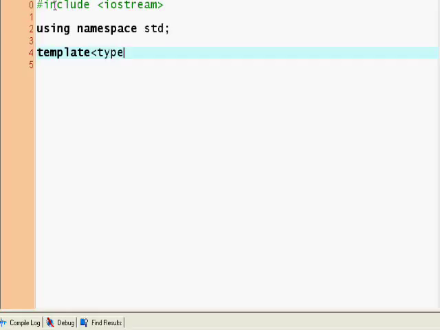So I'm gonna put typename, and I'm gonna put my typename to be T. So now T is my type, whatever I define it as. I could say T is a string, I could say T is a character, I could say anything. And so template typename T,